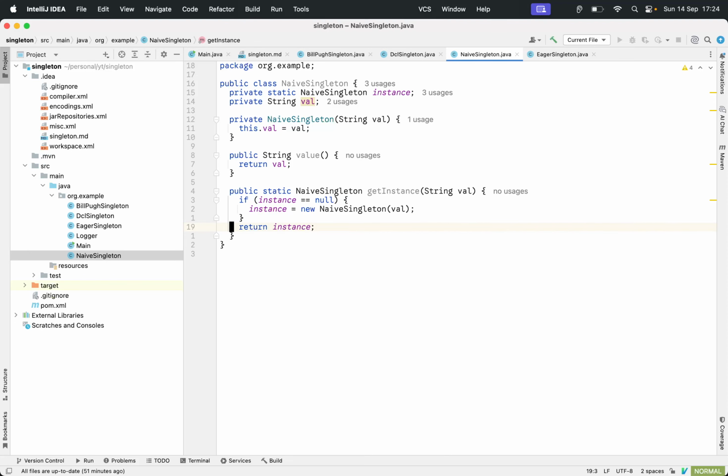If you look at this implementation, we have the instance, and we are providing a global access point. This time we are going with a dynamic value. Because you are initializing it lazily, you don't know the value previously, so you're assigning it at runtime.